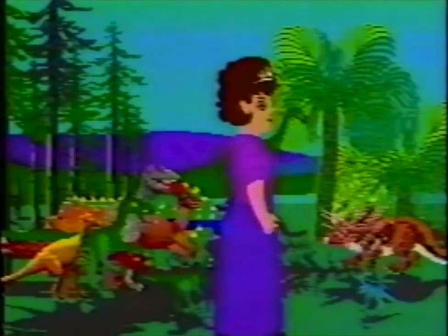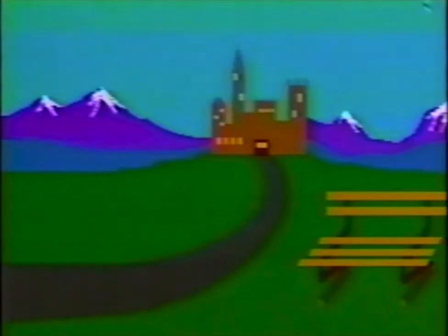Princess Emiluma reassured them that they all looked grand, even without feathers, and she prepared to go back to her own time and her own castle. The time bubble rolled up, she climbed in, and off she went through the sky as the dinosaurs watched. Back to the castle park. She rolled in slowly, 60 million years later, very glad to be home again, and she rushed to the castle